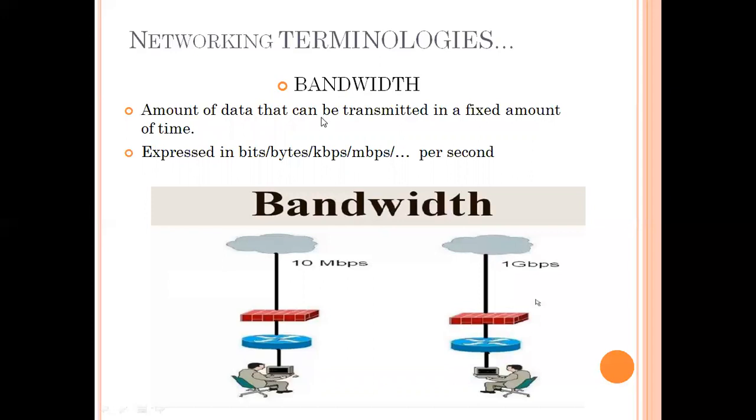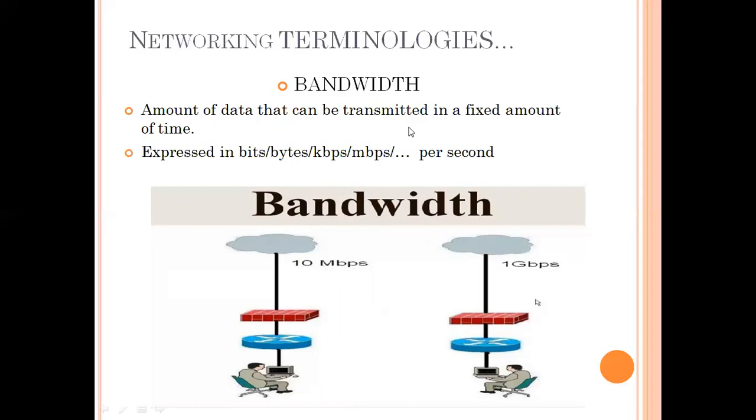Next is bandwidth. Okay, it is a common word you have heard many times. So learn the definition by heart. It is very important. Amount of data that can be transmitted in a fixed amount of time. Now, when someone asks you the speed or bandwidth of your network, what do you say? 10 Mbps, 1 Gbps. So what is this Mbps and Gbps? It is megabits per second or gigabits per second. So megabit, gigabit, this is the amount, and per second is the fixed time. So this is the definition of bandwidth: amount of data that is transmitted in fixed time.